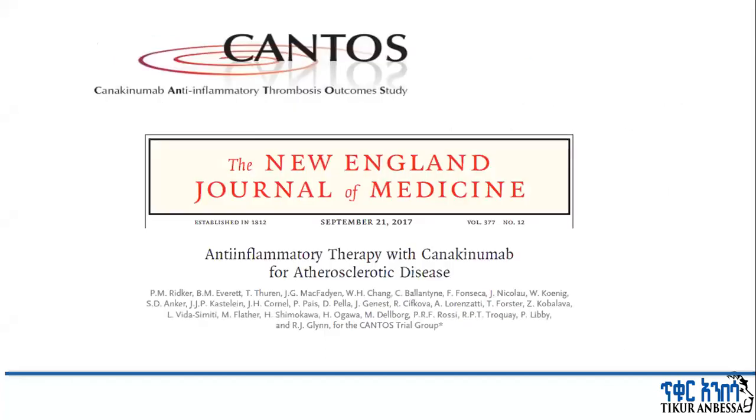This CANTOS trial is from Harvard Medical School. Great physicians were engaged in this study, like Eugene Braunwald, one of the authors of this publication. The Canakinumab Anti-inflammatory Thrombosis Outcome Study, which was published in 2017, revealed that